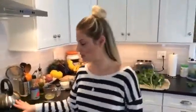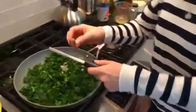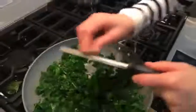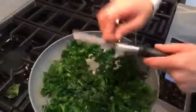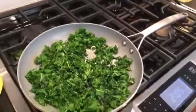Okay. So this is the most basic recipe. You could stop it right here and call it a day, which is basically what I'm doing. We'll plate it up. But I wanted to show you guys some of the mix-ins that I also like to do sometimes. Actually, I'm going to add a little of this. So this is fresh nutmeg. And I've done this with you guys before, but adding a little bit of fresh nutmeg to any type of leafy green adds such depth of flavor, and I call it that hot ingredient, where you're eating it and you're like, I can't quite put